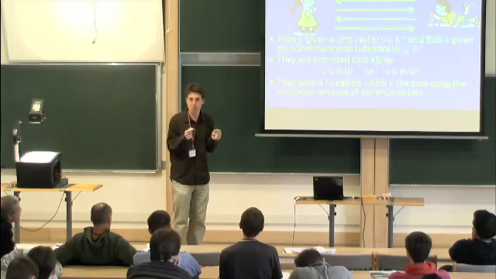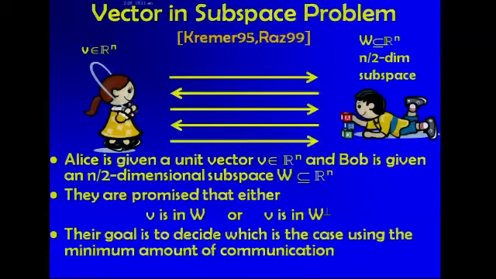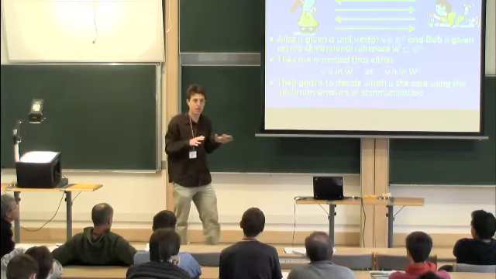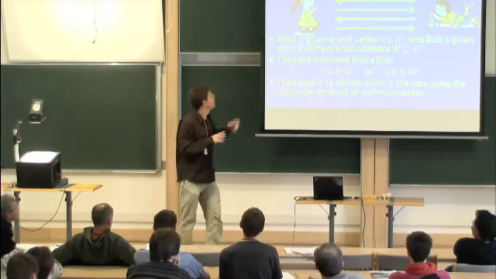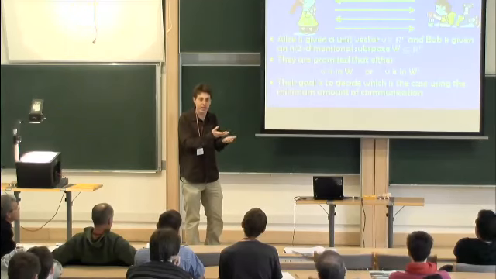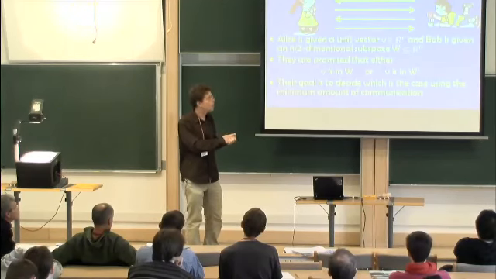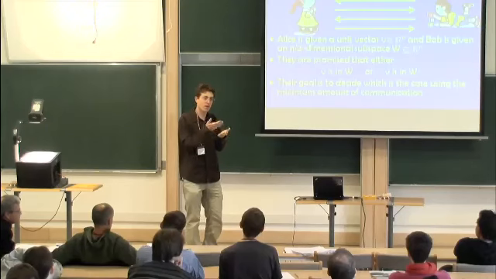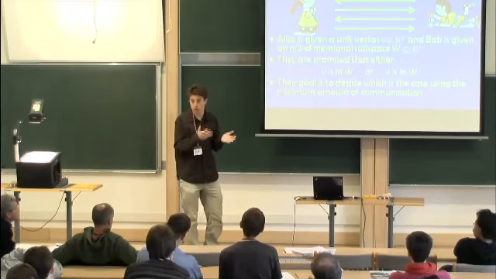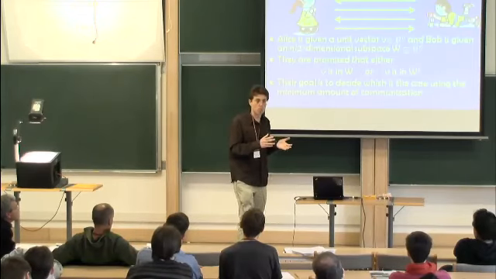If you heard about that, this is exactly what's going on here, because Alice has a unit vector in n dimensions. To transfer this to Bob, all she has to do is create the quantum state on log n qubits corresponding to that unit vector. This is really by definition, from the most basic axioms of quantum mechanics. She can send V to Bob, and then the subspace that Bob has, also by the axioms, is just what's known as a quantum measurement. Bob can do a quantum measurement and figure out if V lies inside W or orthogonal to W. The question I'm asking now is, what can you do classically? You don't have quantum communication, so how do you solve it?